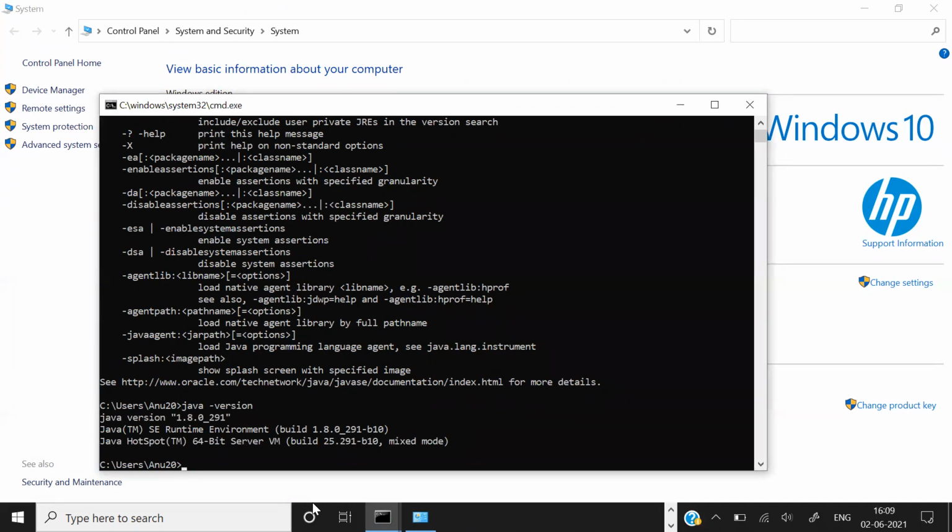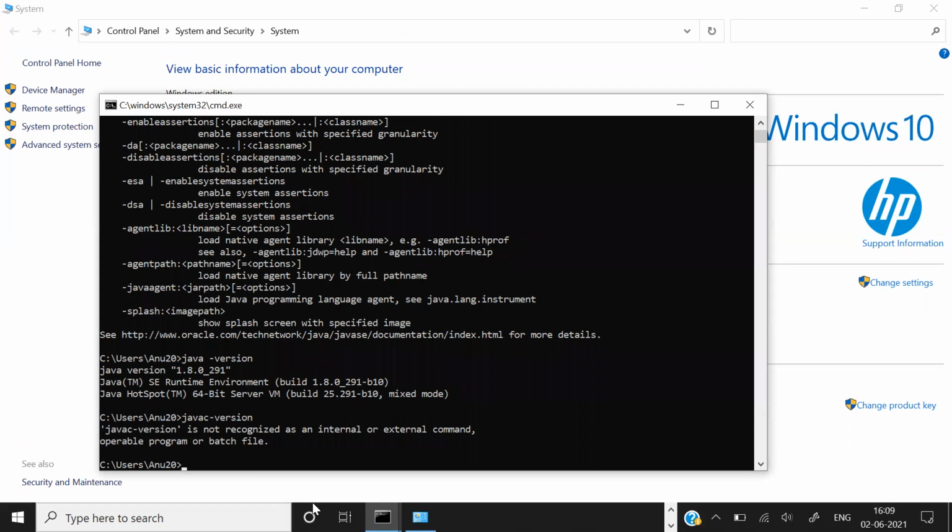Similarly, you do it for javac. So it means that currently 1.8.0_291 is the version you have installed in your system, right? Now type javac hyphen version. Give a space. Just like we have seen java hyphen version, right? Yes.